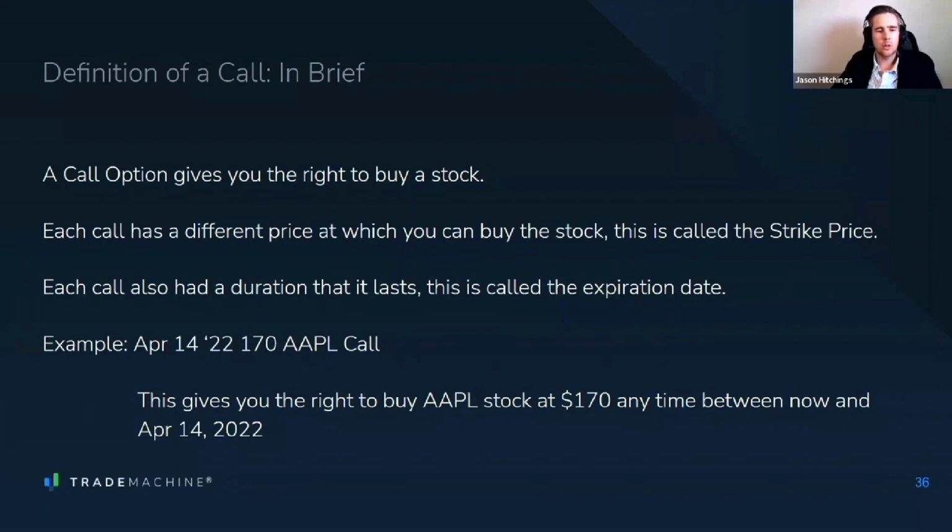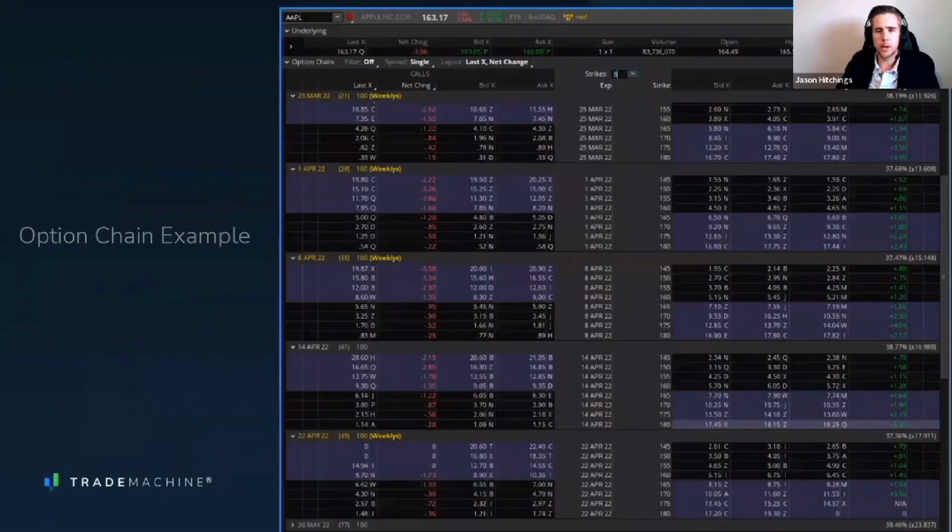And each call lasts some certain amount of time, and that's the expiration date or the duration or the maturity. Just looking at a simple example, this would be an April 14, 2022, 170 Apple call, and that would give you the right to buy Apple at 170 anytime between now and April 14th. There are other styles of options, but these are the quote unquote American style of options, and you can use it at any time. So I'm just pulling up an options chain from Thinkorswim, and just understanding